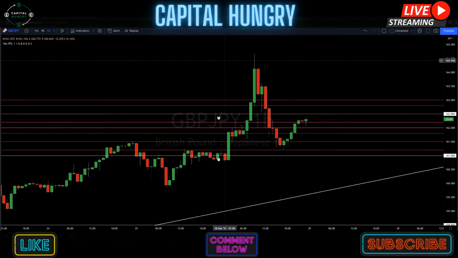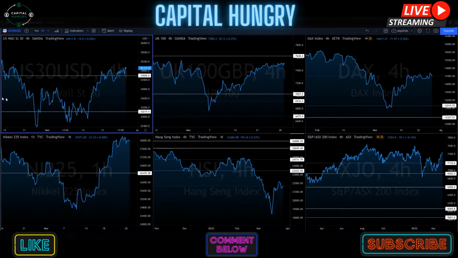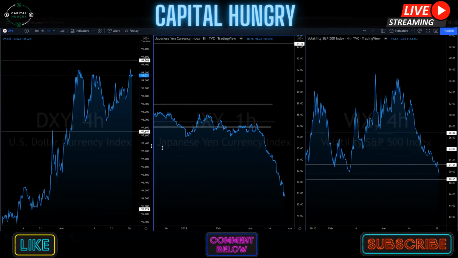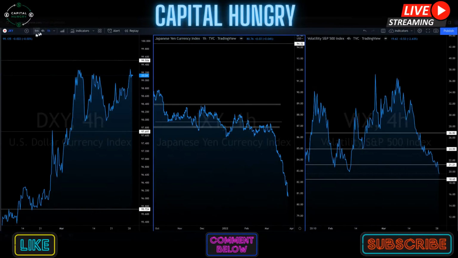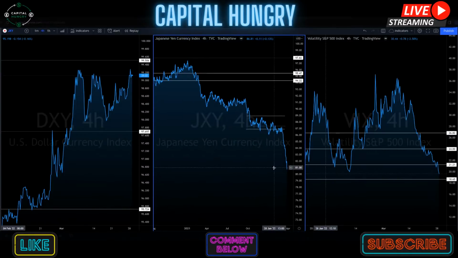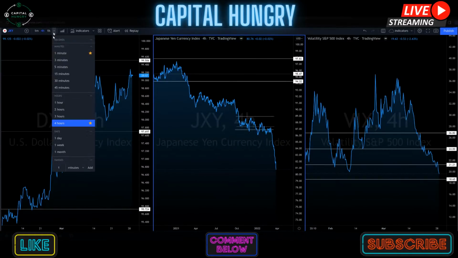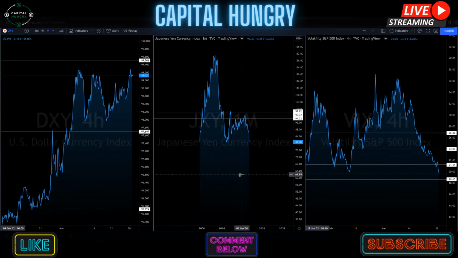GJ is going to be a lot different than GBPUSD because the secondary in the currency pairs, this being the yen and GJ, of course in GU being the dollar, have individual separate opposite movement. Yen by itself, when you're looking at the yen currency index, is extremely bearish, right? Very easy to see. This is the 4-hour chart here. Dead bearish, right? One thing I want to show you guys though on the Japanese yen is we are coming down to 2008 historical lows.